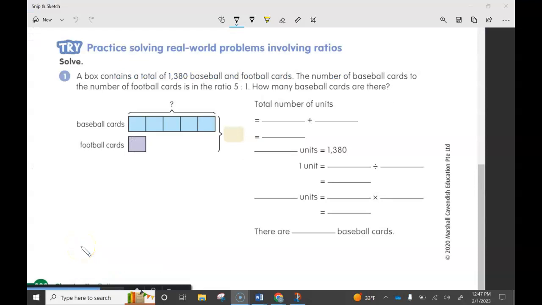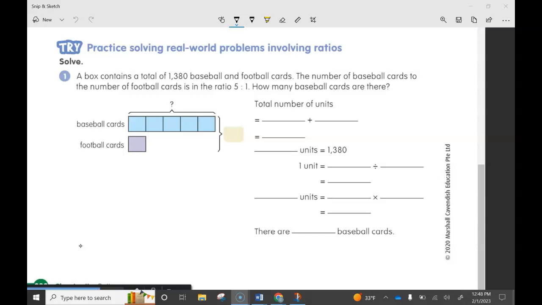Now I would like you to turn to page 202, and we're going to go through the first practice problem of practice solving real-world problems involving ratios. You can see we're going to take a look at how to do this with a bar model. A bar model can help you visualize the way that this is set up. So what we see here is a box